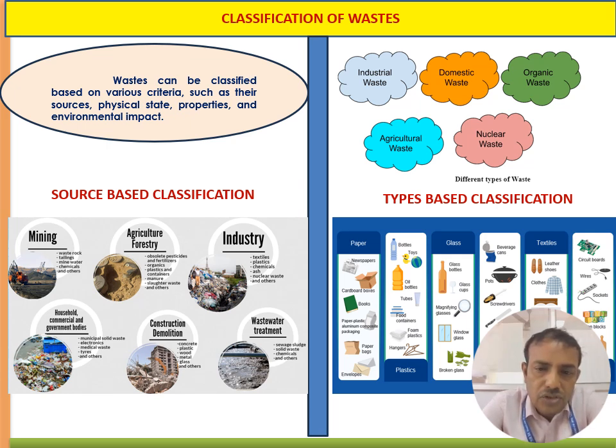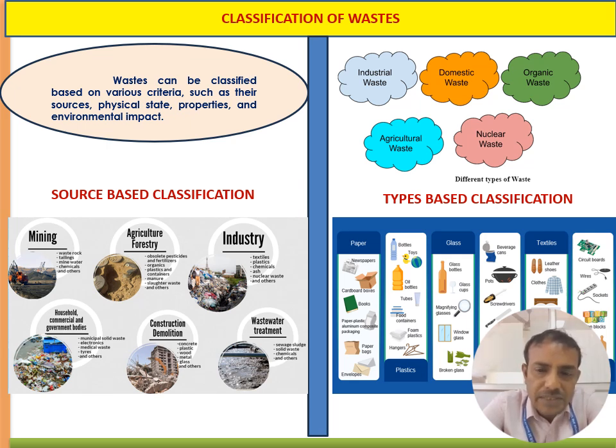And when you talk about source-based classification, as I mentioned, where the source comes from for the particular waste, with reference to that, we can classify it. Residential waste, in general, will have food waste, vegetable waste, and some part of paper, cardboard, and hazardous waste also. Maybe some e-waste, hazardous waste in a certain percentage. These are all residential waste.